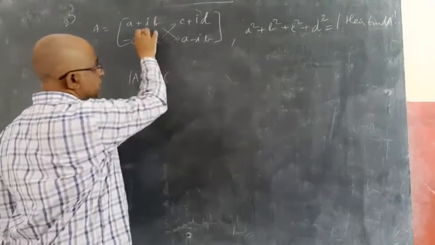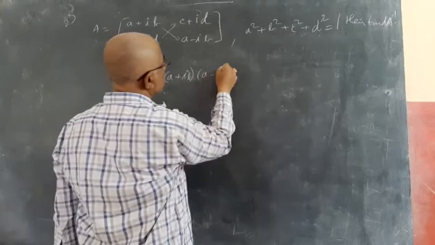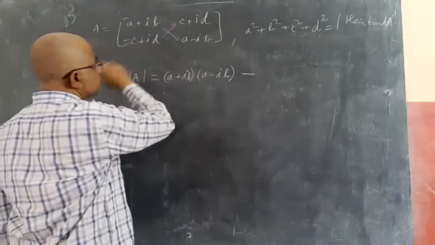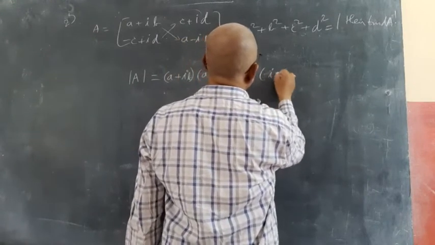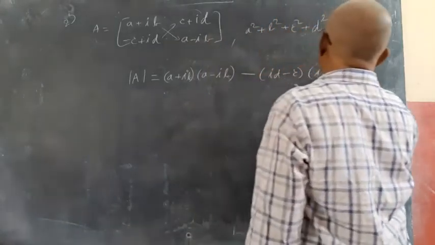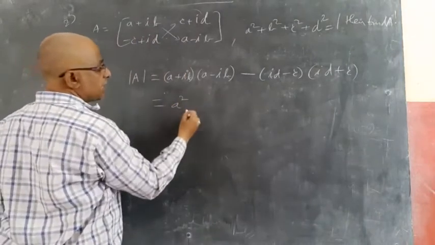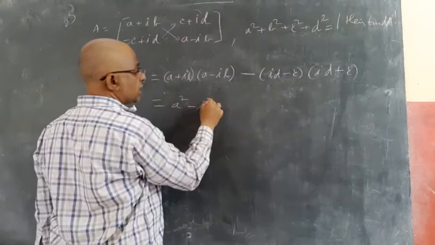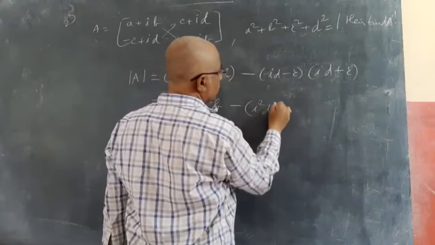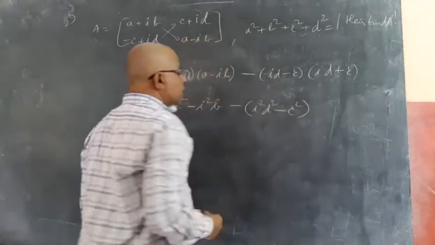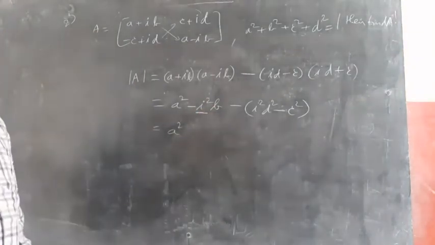So this into this, that is A plus iB into A minus iB, minus this into this, that is minus C minus iD, or I can write iD minus C into iD plus C. So this is equal to A plus B into A minus B, A square minus B square. Again this also, A plus B into A minus B, A square minus B square, i square D square minus C square. Now this is A square. i square is minus 1, I told you. i square is always minus 1, iota.